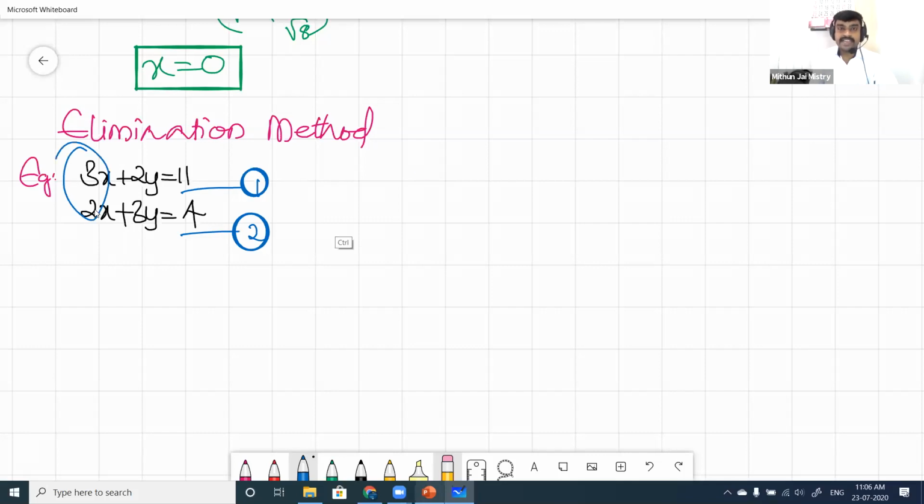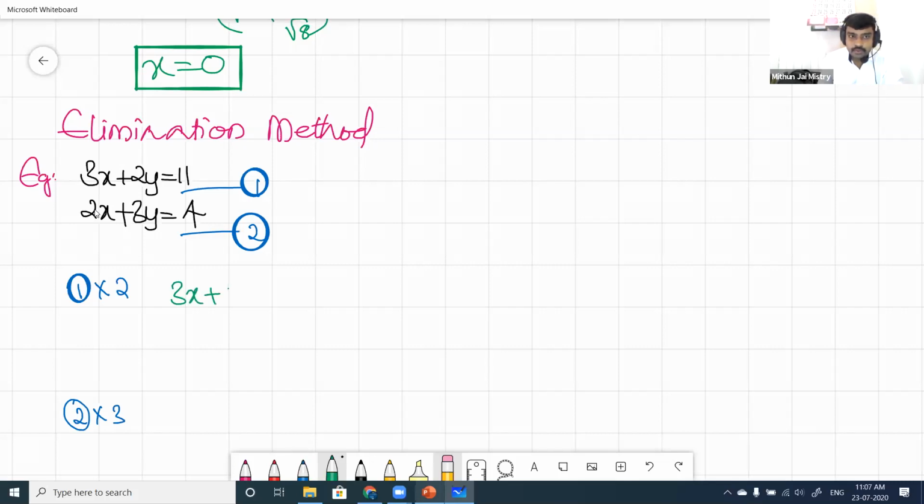That means this 3 should become 6 and this 2 also should become 6. Now how can that be done, sir? That can be done like this. First you multiply equation number 1 into 2 and then you multiply equation number 2 into 3. See, the circle is telling that this is equation 1. Take equation 1 as